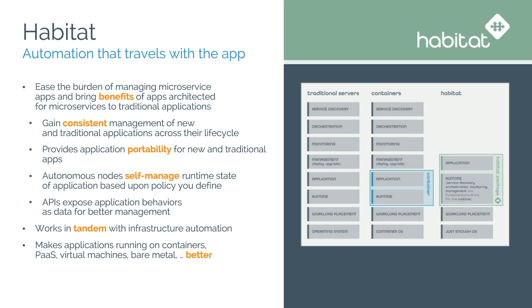So very simple examples: when your applications are running and they're needed to find their database, all they have to do is ask one of their peer habitats, hey, where's my database? And they will get their required information. So things like service discovery, orchestration, application start, stop, monitoring, all of those things are built into the packaging platform. And so if you're not doing Habitat today, I really encourage you to take a look at it. What it does is it really enables us to make our applications portable if we want to be using them in containers or in microservices world or anything to do with cloud and rapid deployment. Really, really interesting and compelling system here.